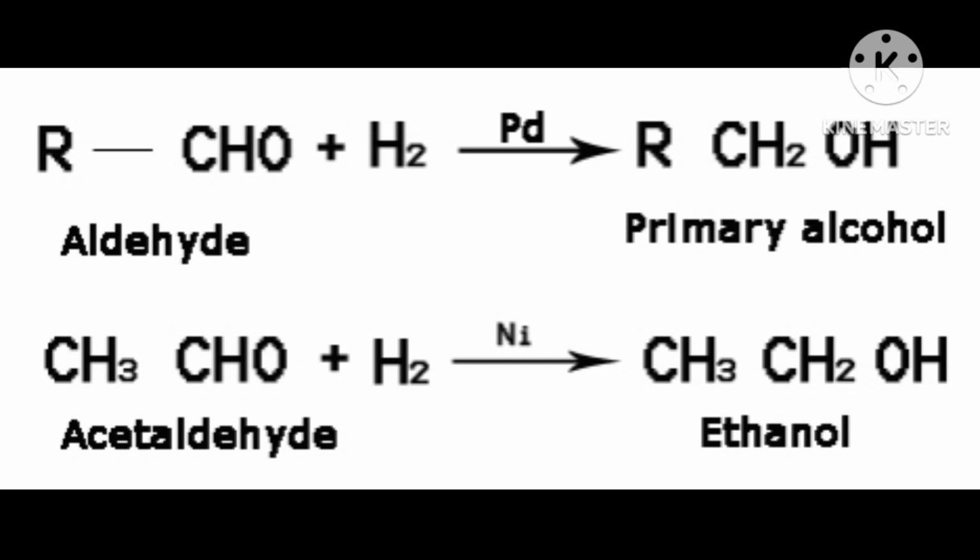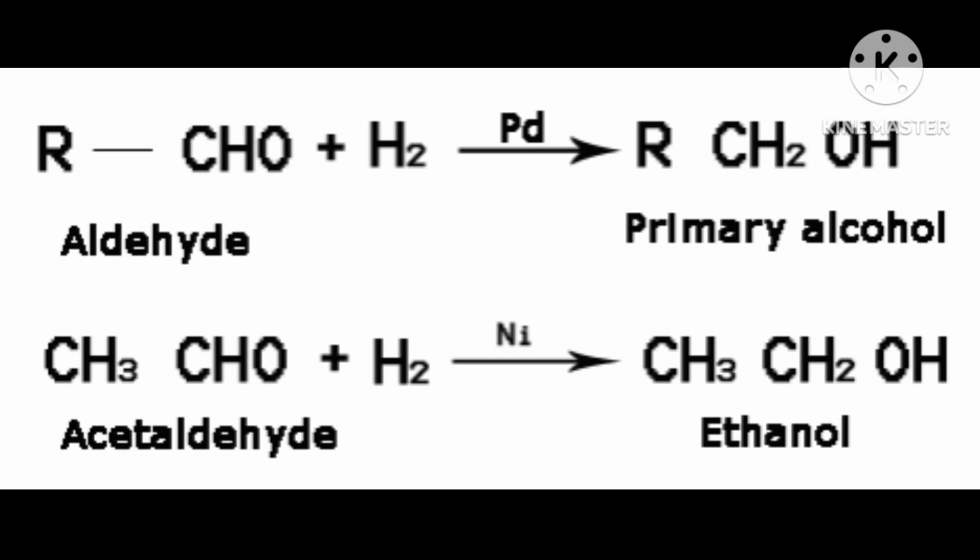Then it will go to the opposite charge. Okay, means H plus will go to the O minus and H minus will go to the C plus and bond will be formed. Then here RCOR dash in presence of sodium borohydride,